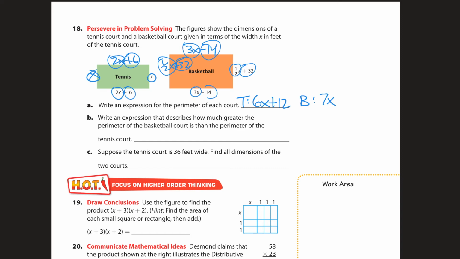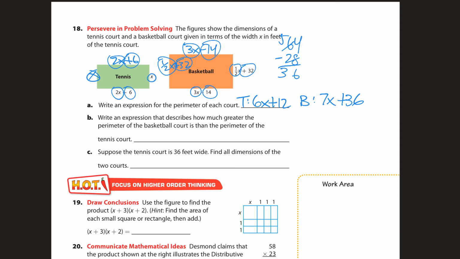14 and 14 are 28. So it's going to be 64 minus the 28, because, see, those are minus 14s. And that's going to be 36. So 7x plus 36. Write an expression that describes how much greater the perimeter of the basketball court is than